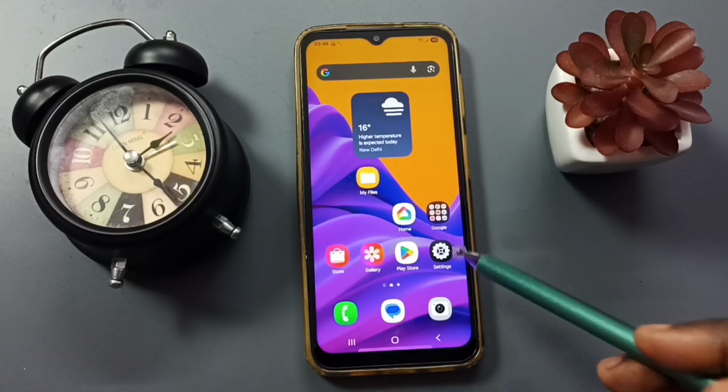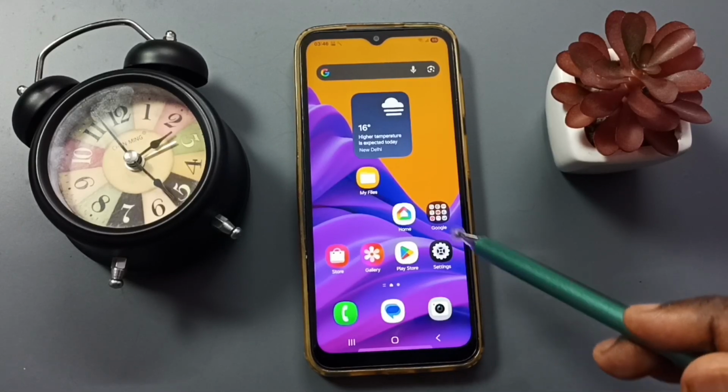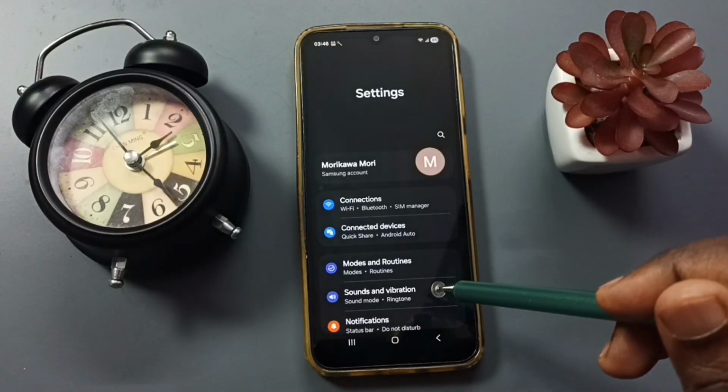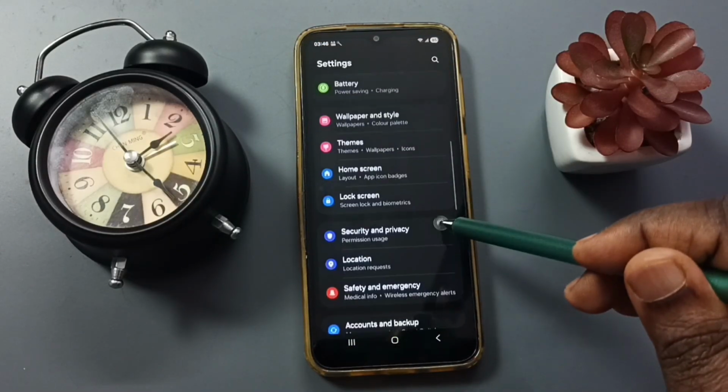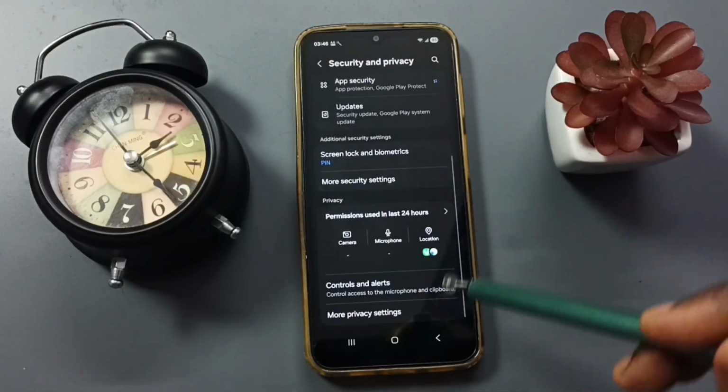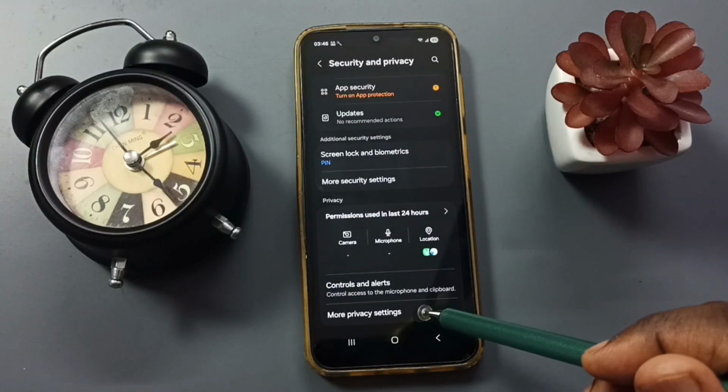Hi friends, this video shows how to block or disable ads. Go to settings, tap on the settings app icon, then go down, tap on security and privacy, go down, tap on more privacy settings, tap here,